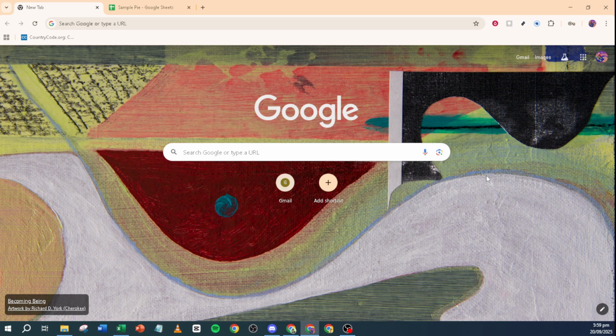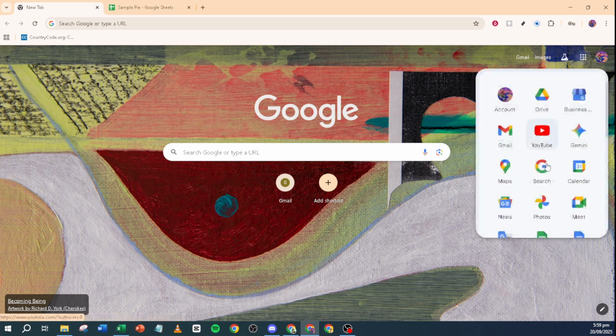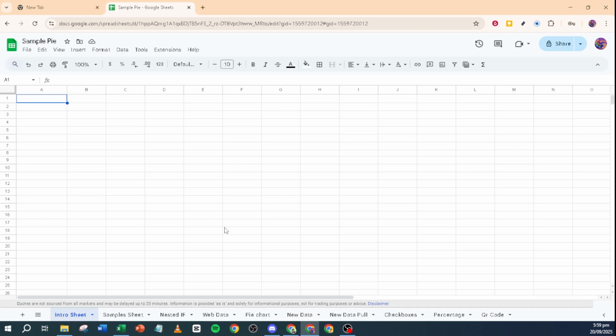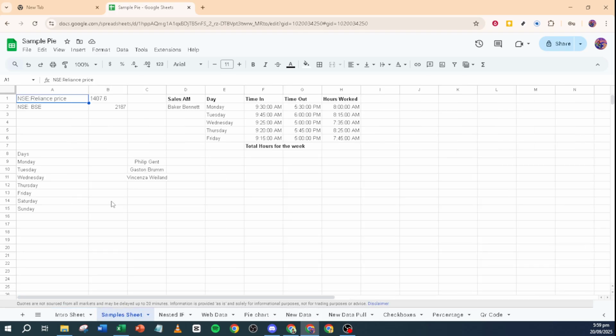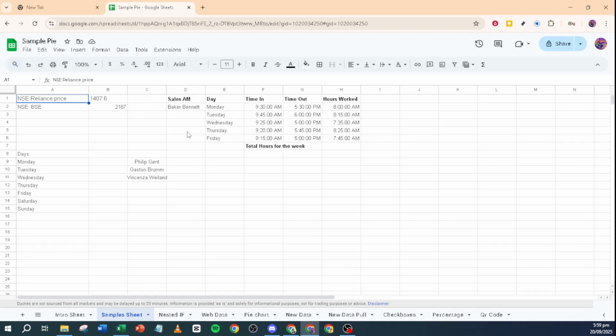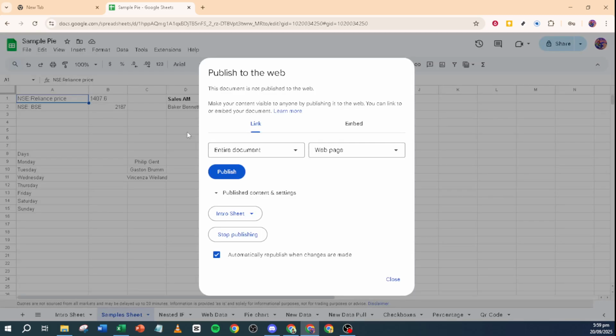First of all, open the Google Sheet that you want to connect to Excel. You'll want to ensure that you have the right Google Sheet that contains the data you're interested in. Once you have it open, head to the File menu at the top of your screen. From there, hover over Share and then select Publish to Web. This step is crucial because it allows the data to be accessed from Excel by creating a public link. So keep in mind any privacy concerns before proceeding.